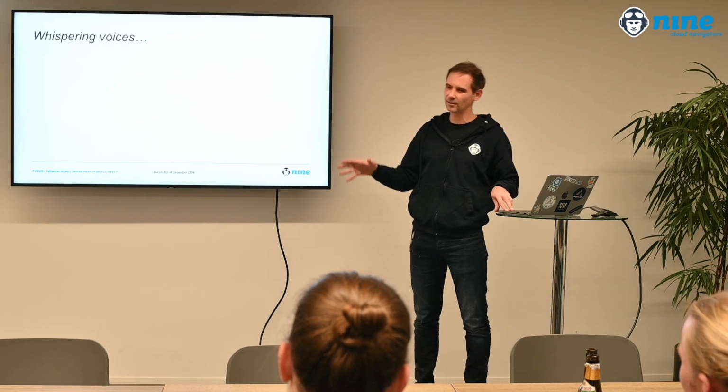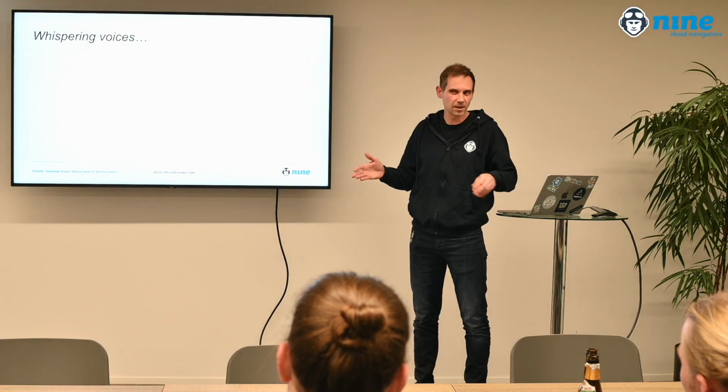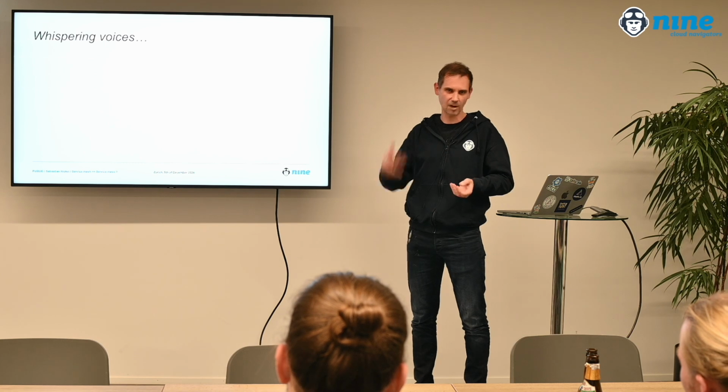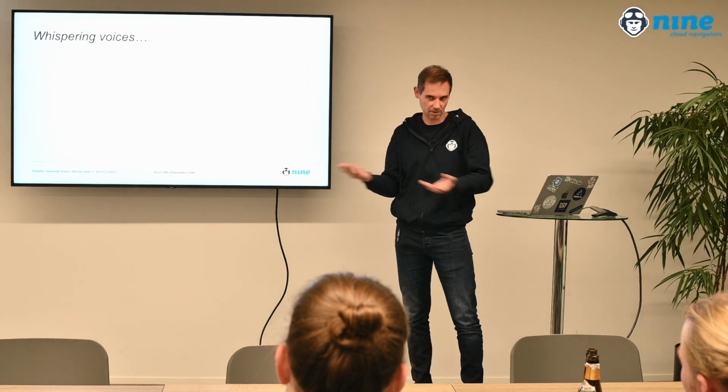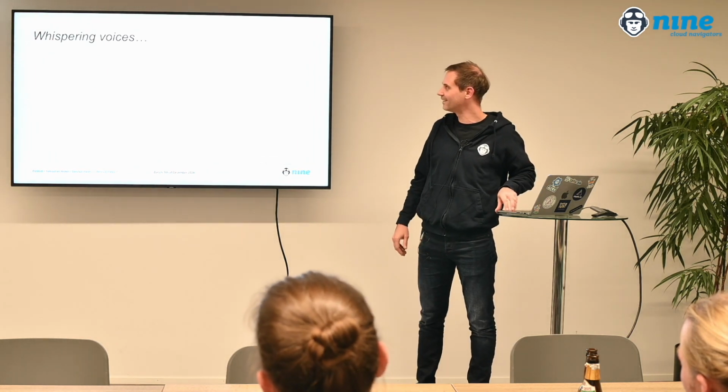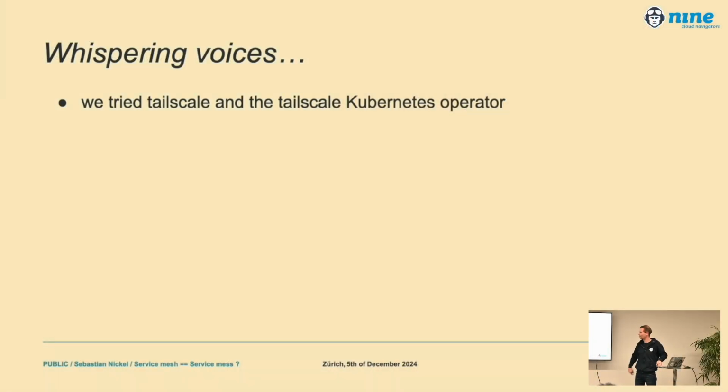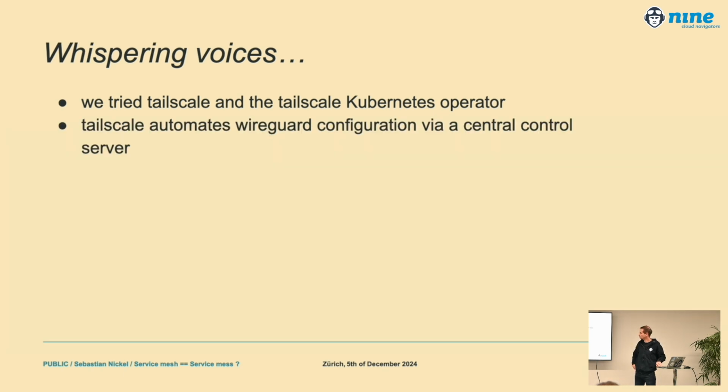And does it really, for example, provide an identity? Because normally WireGuard solutions, they don't provide an identity. You have a proxy and something talks via that proxy. But yeah, I was down, so who cares? And then we tried Tailscale and the Tailscale Kubernetes operator. And Tailscale, in case you don't know it, automates WireGuard mesh networks. It's a full mesh. There's a central control server, and it just works. And that was basically already the point where I was sold.